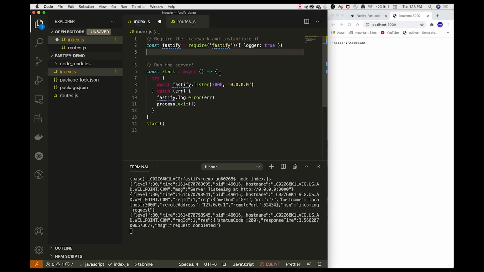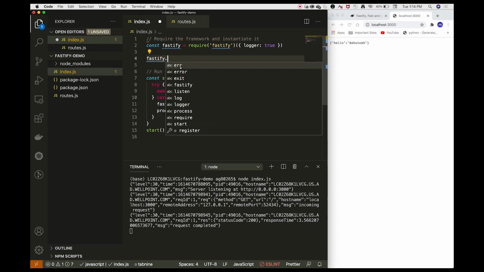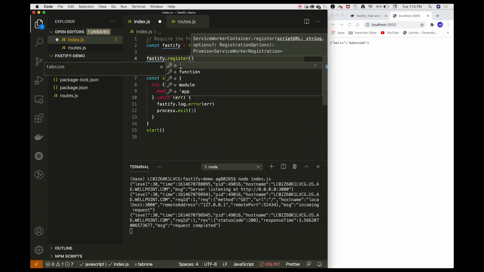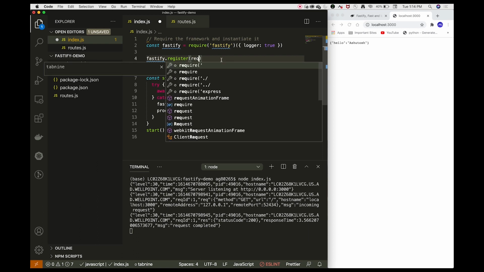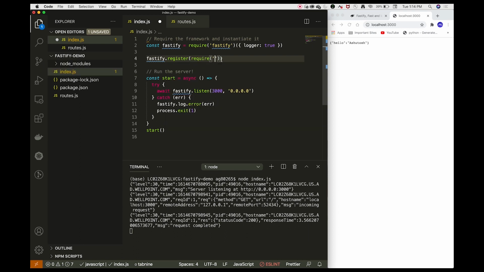Now, how to import this plugin in our index.js file, because ultimately we want to use these routes in the index.js file. Importing a plugin in Fastify is called registering a plugin, and Fastify provides a method register. We can call fastify.register, which takes a JavaScript object as an argument, and we can pass a JavaScript object using the require method and just pass the file name that we have defined for routes.